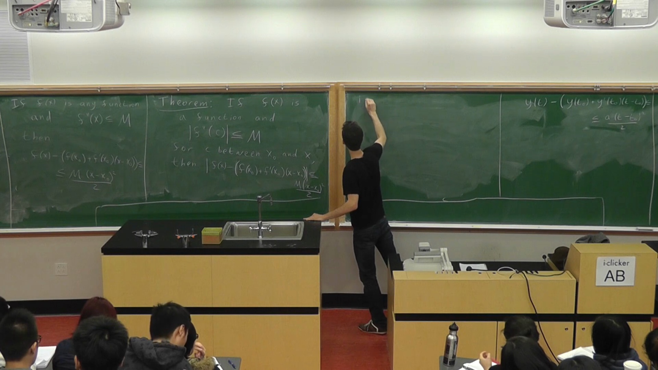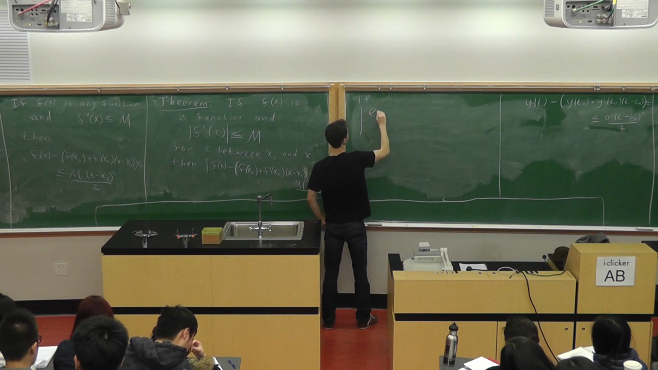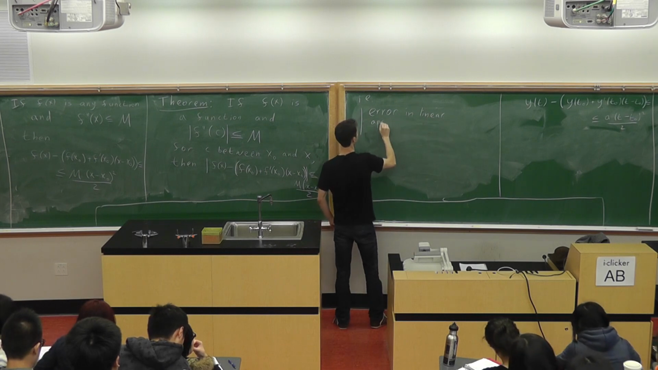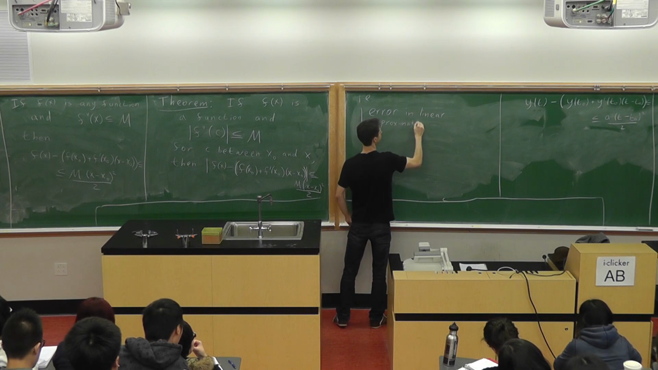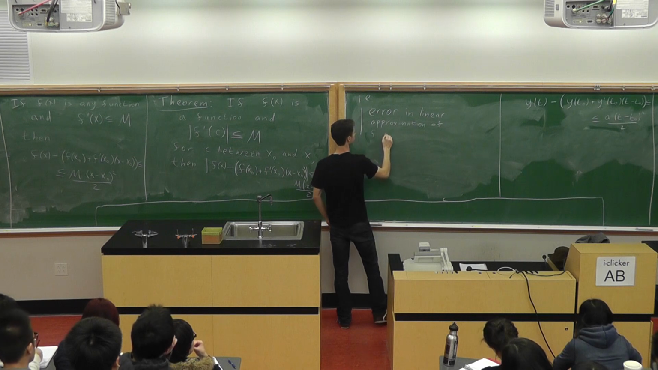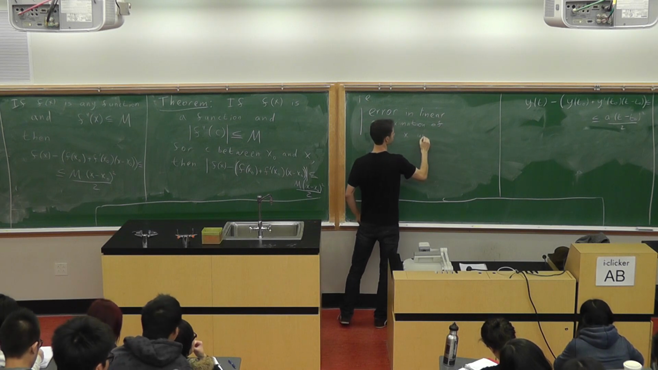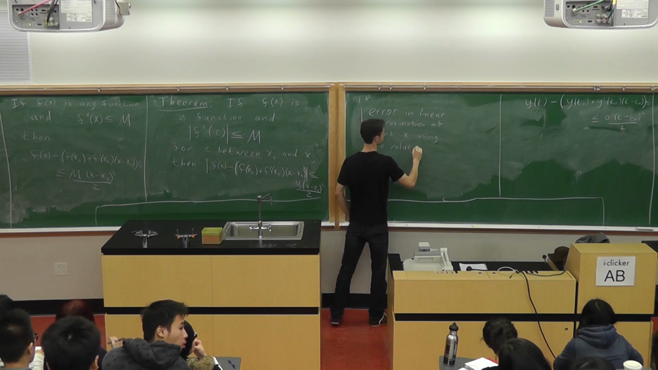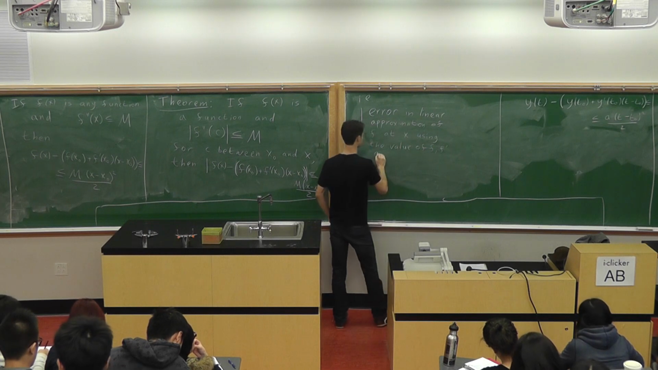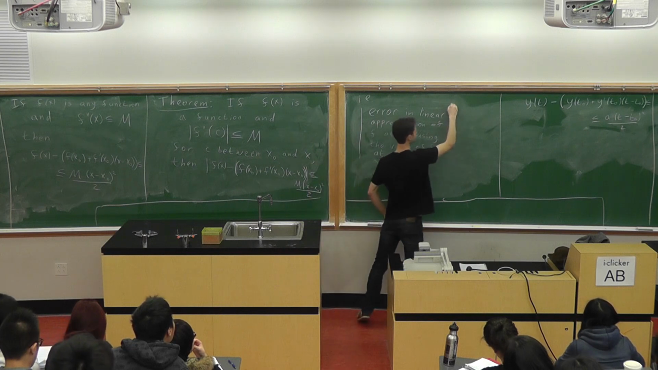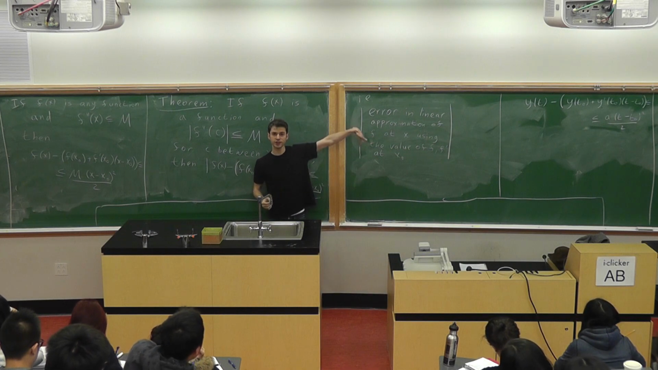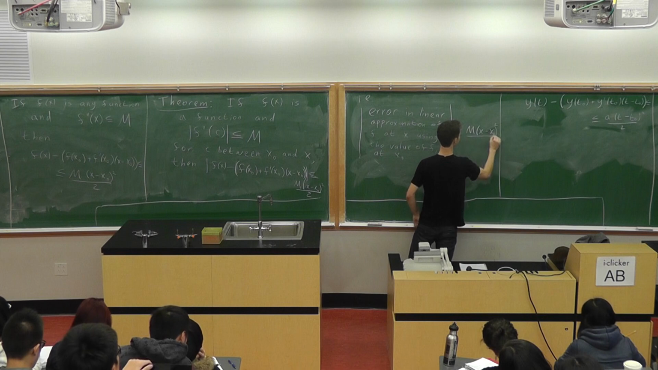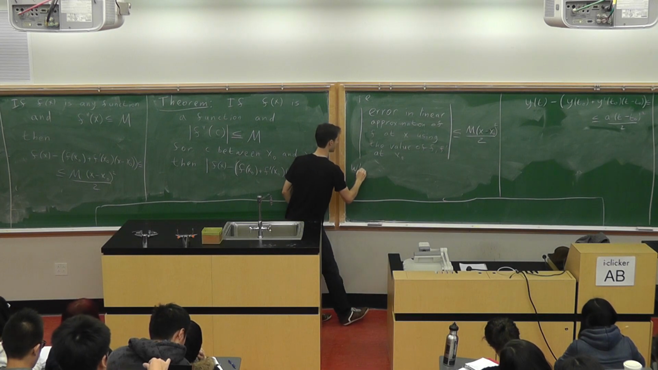Let me reformulate it in words. The absolute value of the error in linear approximation of f(x) using the value at x naught is at most M times (x minus x naught) squared divided by 2, where